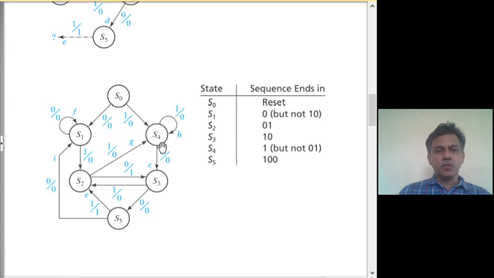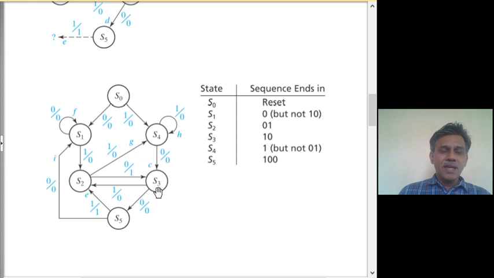Let us come to S4. In S4, this 0 we have already handled, but a 1 can occur. If a 1 occurs, then it is no more the pattern 1, 0, but it is a pattern 1, 1. The only thing we need to remember is that a 1 has occurred, which can be the first bit of the pattern 1, 0, 0, 1. So that is what S4 stands for. So you just go back to S4 by outputting a 0. So these three states have been taken care of.